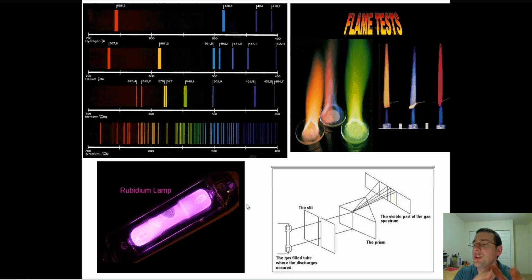But since hydrogen only has a few electrons and a few available shells after that, it won't jump with as much power as the other ones, or as much variety as the other ones did. And that means that you can identify elements based on their absorption spectrum or on their release spectrum. Absorption will be the opposite of this. You would have all the colors, and you will see which ones are missing. And the emission is the one you see here, where you see only the ones that are being released from the